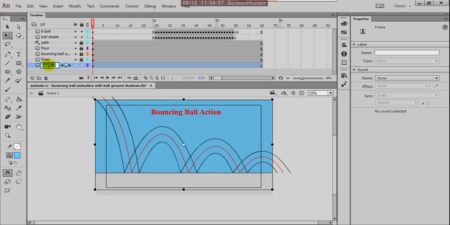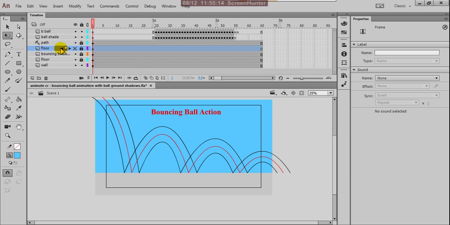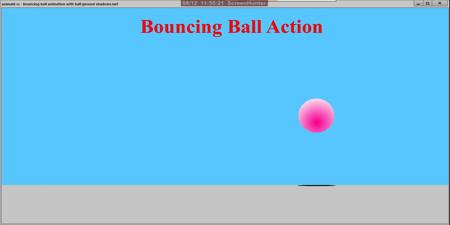Suppose this is wall, blue wall like. Okay, and now remove this line, so check this, control enter, see, and your floor you can increase the floor also.